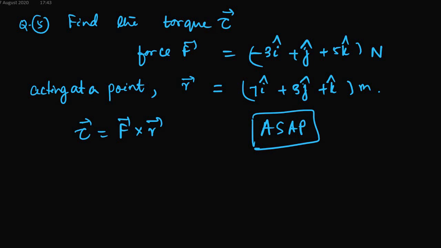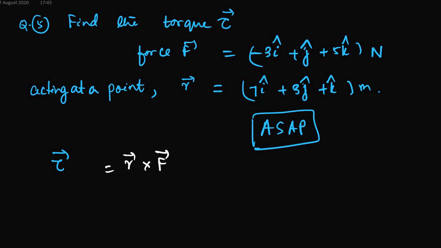Now starting with the thing, what I will write, I can write it as R cross F actually, isn't it? No, in cross product actually I can't write that. So basically what I have written in the first place was wrong. I should write it like tau equals R cross F. It is always R cross F, it is not F cross R. You must remember this also, because the cross product is never commutative.